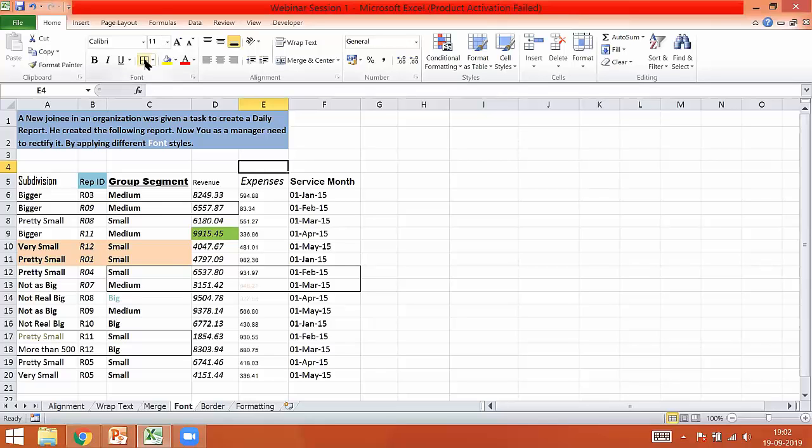Then we'll be talking about the borders, fill color, and text color, that is your font color and fill color.